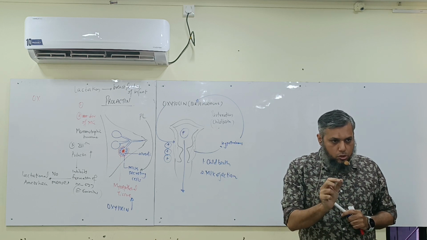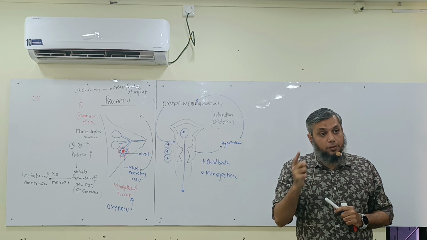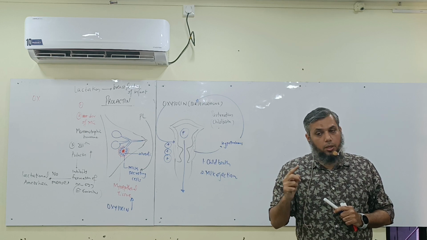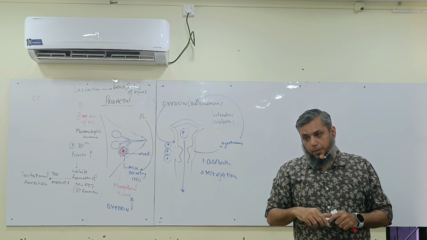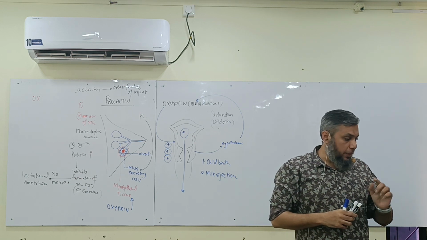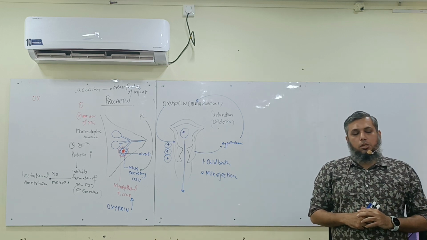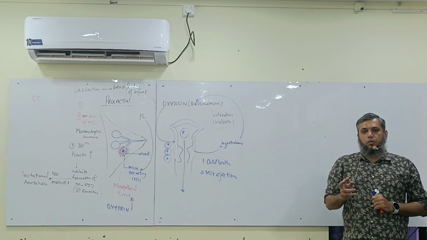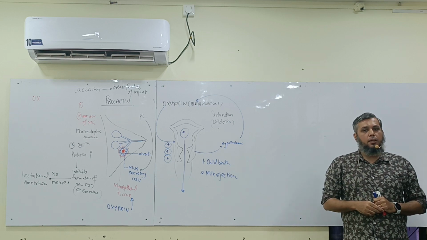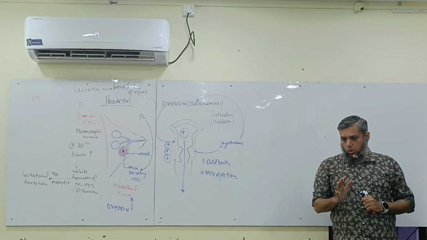True or false: oxytocin helps in the synthesis of milk. False. Synthesis is the function of prolactin, whereas milk ejection is the function of oxytocin. So if cows and buffaloes are administered oxytocin, will their milk ejection become easy or difficult? Easy. That is why they inject these hormones in them. Okay?